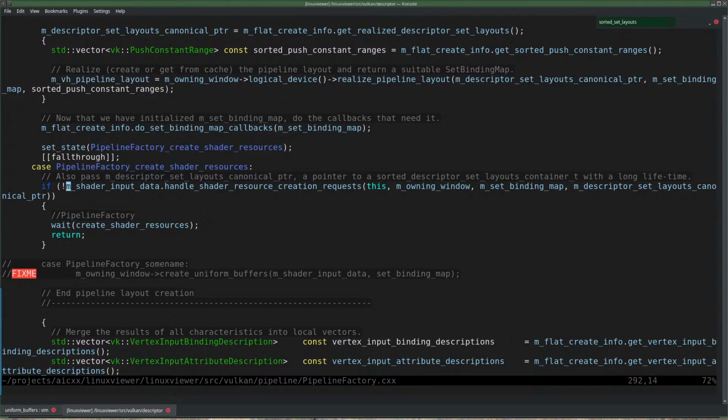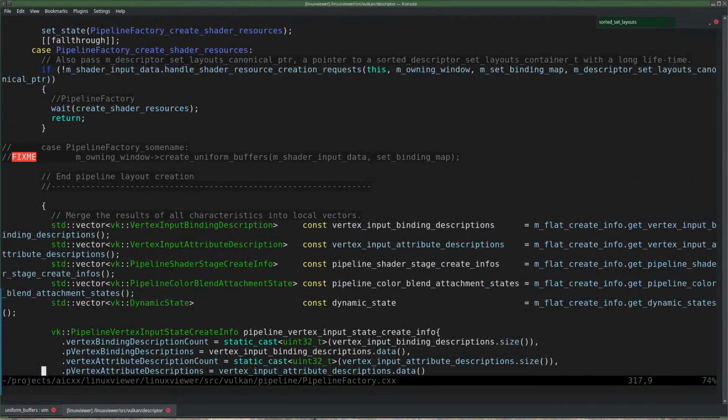If it returns false, we have to wait. So in that case we say wait and then return to the thread pool. And if then those locks are released, then this pipeline factory will run again and enter at this same point and then call that function again. But if we succeeded in creating all the shader resources that we know about and that we need, then